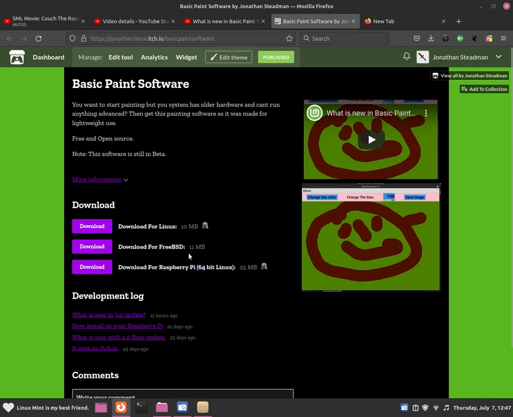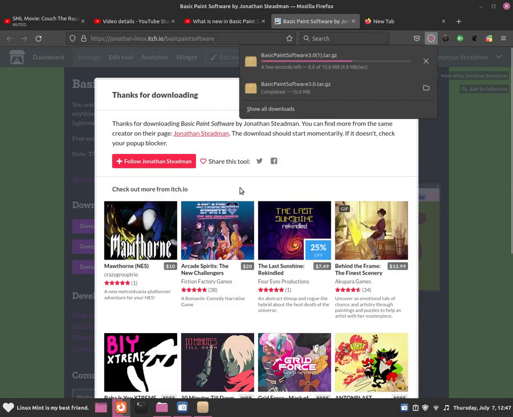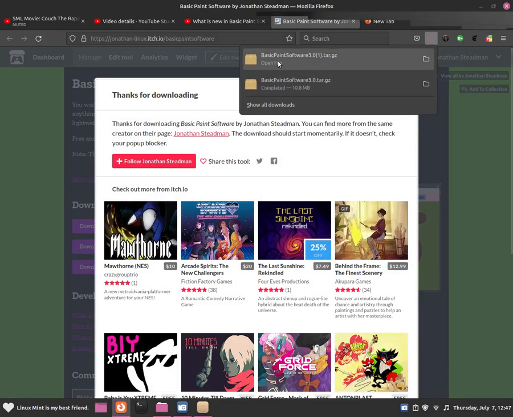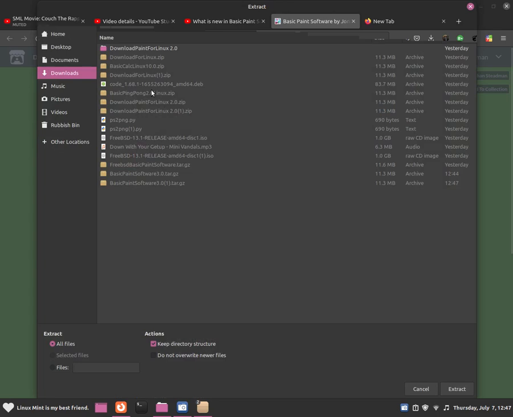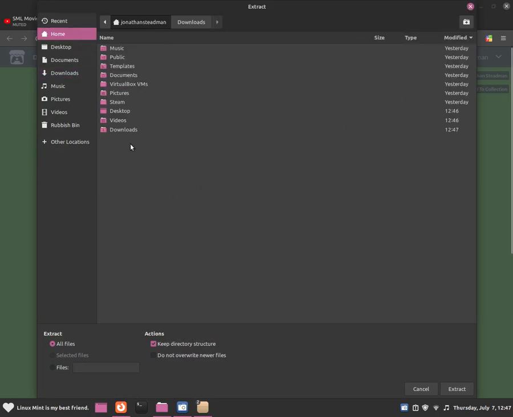So if you want to install it for Linux, just click on the download button over here. For my case I am indeed using Linux, so I'm going to click on that to download. Now it should start downloading any minute now. And now it's been completed. Just open it, and now we should be able to extract it, put it into whatever directory we want to put it in, such as for me I'm going to put it in the home directory.